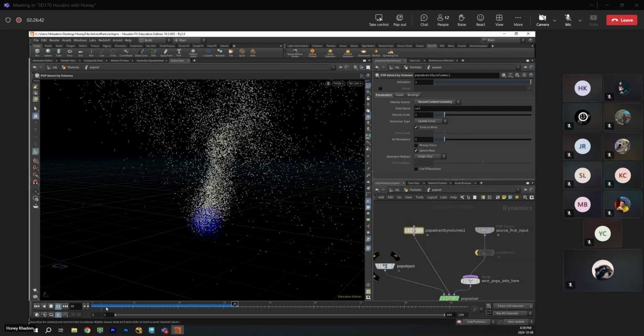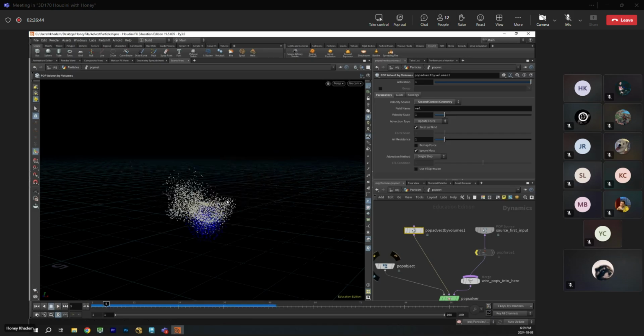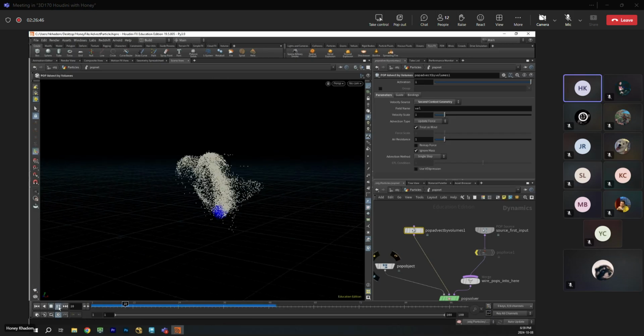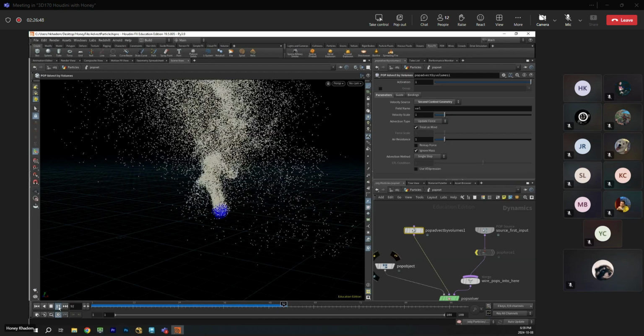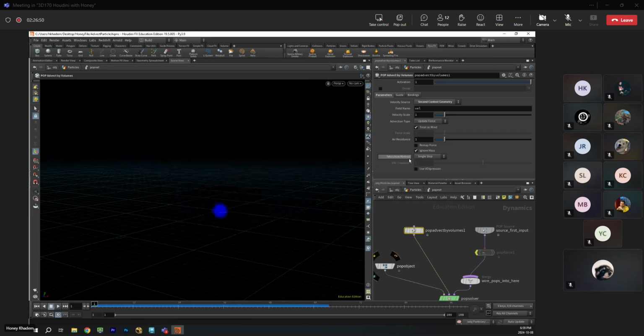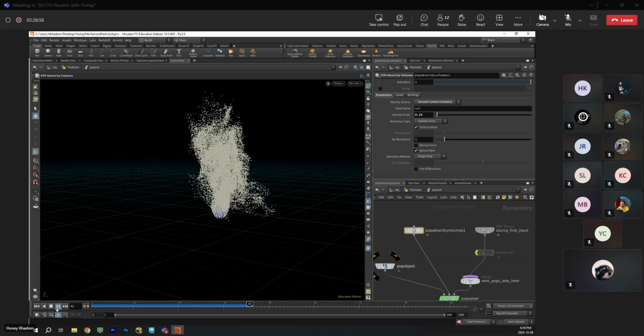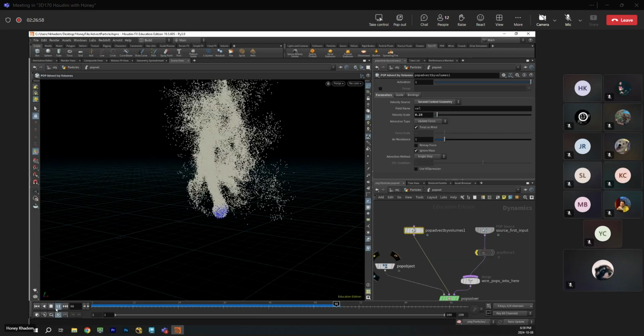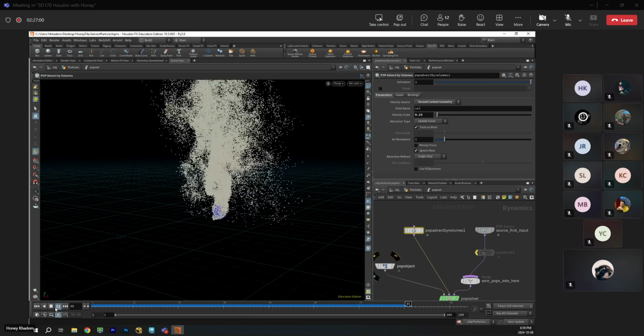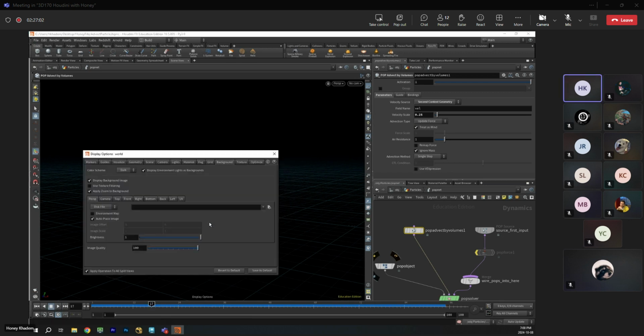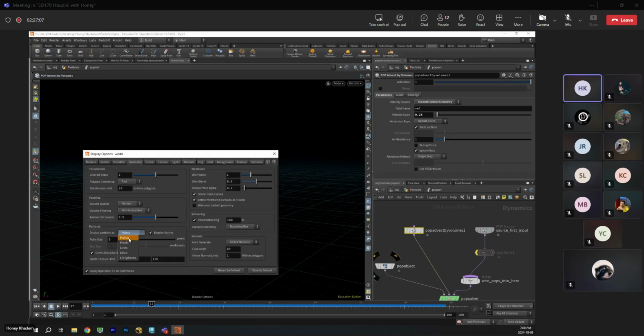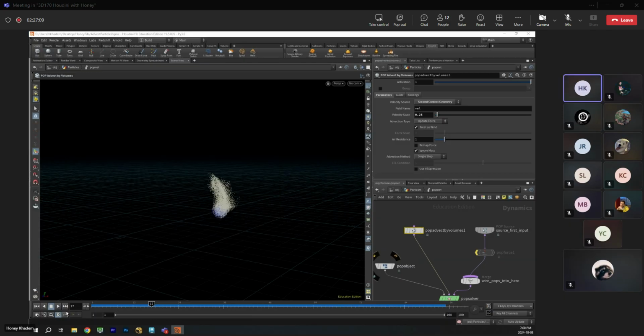What does it remind you of? Exactly. Right? So if I change the velocity to something smaller, and now if I go inside geometry, instead of points, I go pixel.